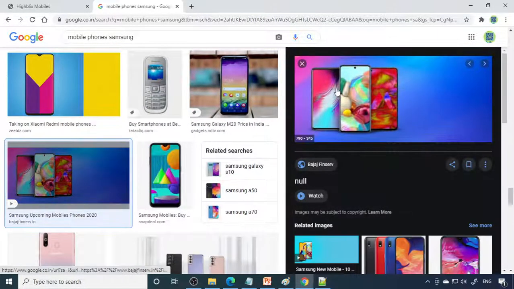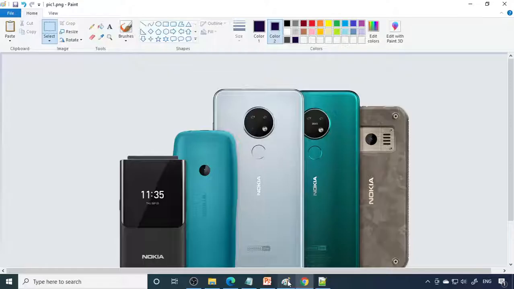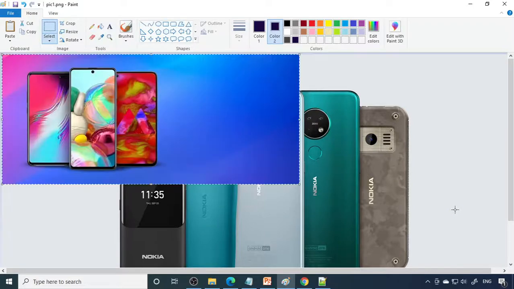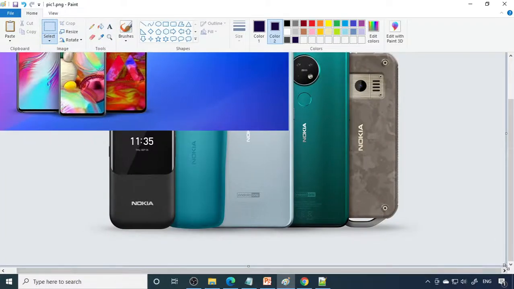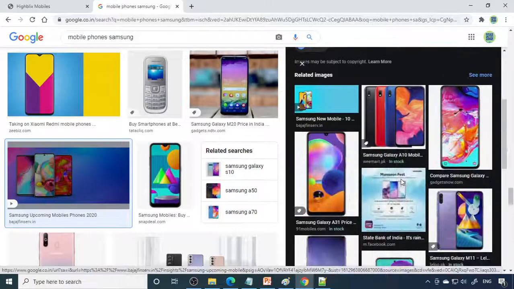You'll use this picture. Again we'll paste it in Paint. Now this size is very small, but actually you need to select higher resolution pictures. Then the look and feel will be better.